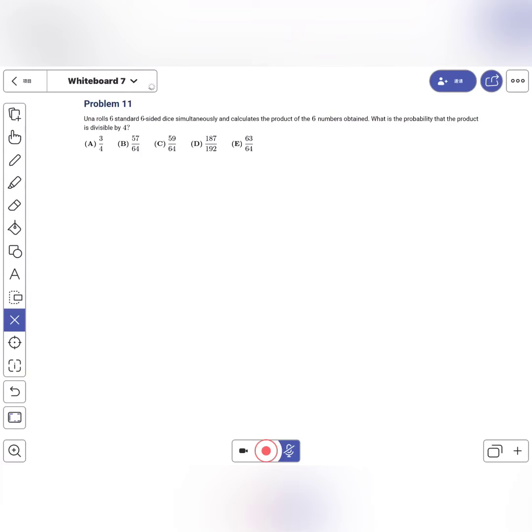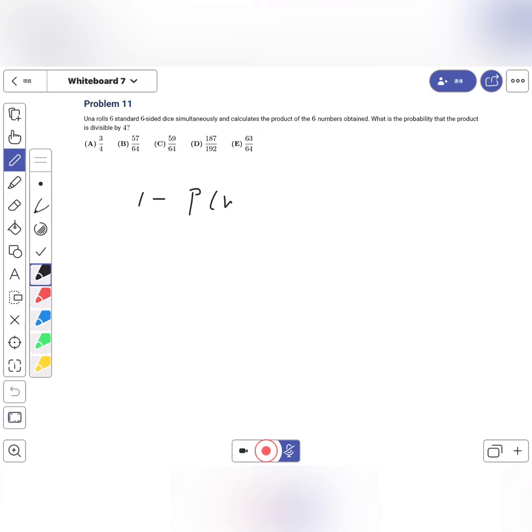You roll 6 standard 6-sided dice simultaneously and calculate the product of the 6 numbers obtained. What is the probability that the product is divisible by 4? For this one, you can probably realize that it will be easier to find 1 minus the probability of